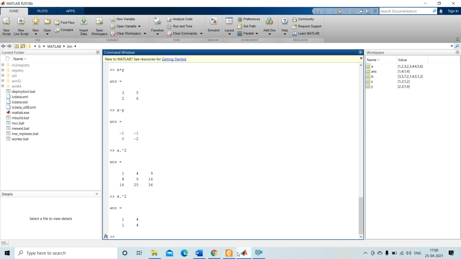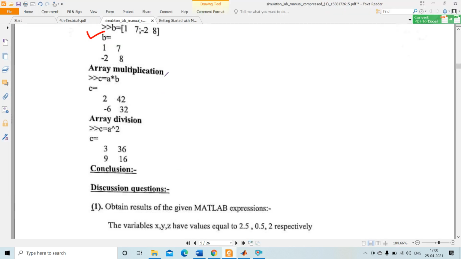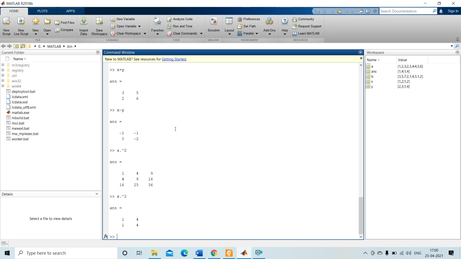Okay, so clearly understood about this array multiplication. So see, there is one mistake. Array multiplication means there is a dot. Similarly, it is not array division, it is array exponentiation. Just go through the video which I explained in this window only.